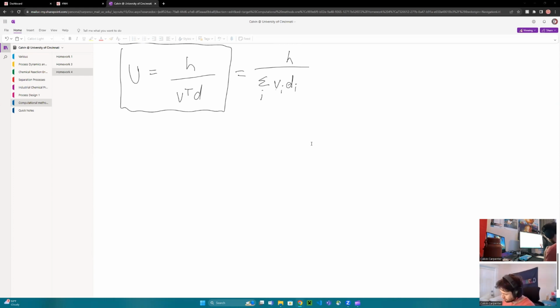So if we square it, we're going to get U VT squared is going to be equal to, we're going to be left with this. And then if we substitute our U value in for it, then we're going to have